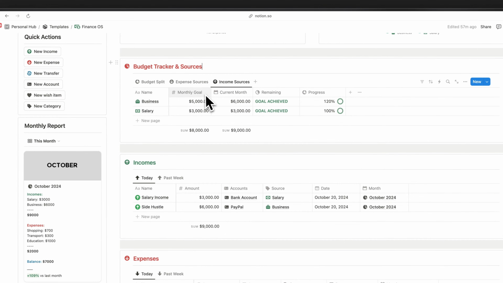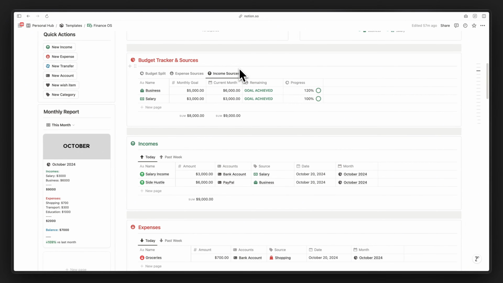For the income sources, we have monthly goal instead of monthly budget, and this works in a similar way. So the monthly goal for business income source is $5,000, and in the current month we have achieved around $6,000, and so our goal is achieved for the current month, and that's pretty much it for the expense and